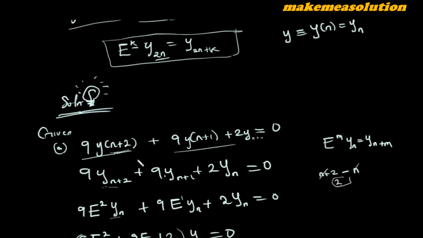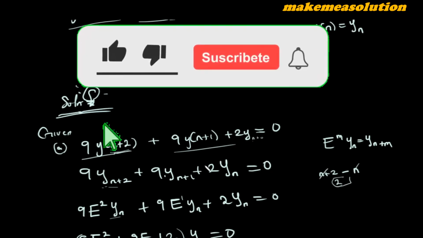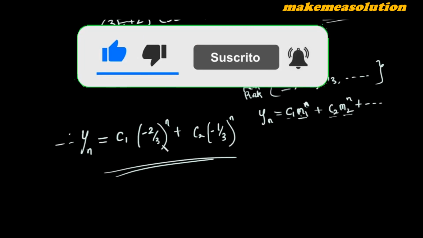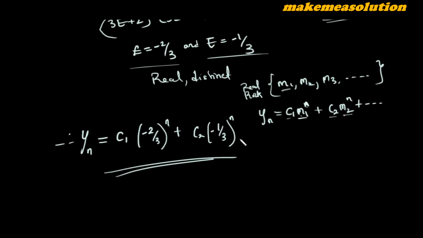So this is a second order difference equation, and every second order difference equation has two roots, so two arbitrary constants or two solutions, however you want to see it, and this is how we usually form them. So I hope you understood this particular